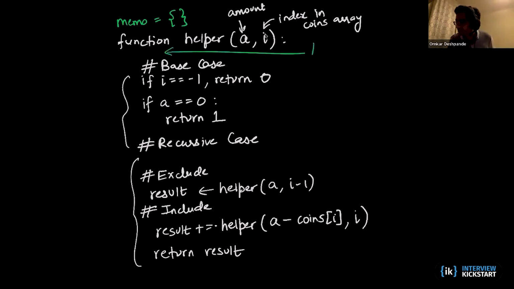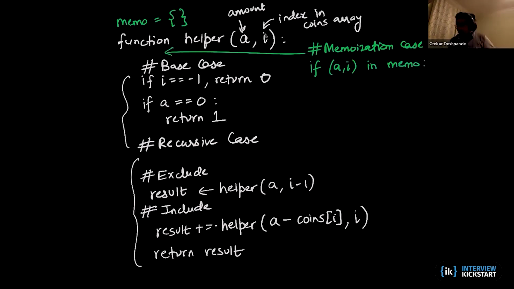I'm going to call this the memoization case. If my subproblem definition is already present in the memo map as a key,